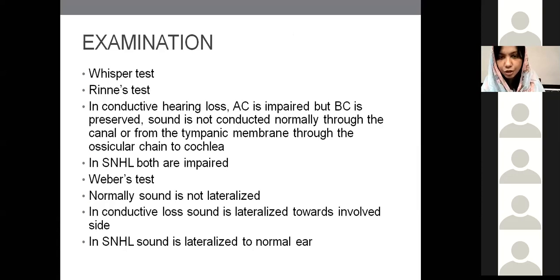Now examination. Examination में सबसे पहले आपका whisper test होता है. Whisper test क्या होता है? You have to just go near the patient and whisper simple words like the days, Sunday, Monday, Tuesday, or simple words जैसे आसमान है, ज़मीन है, इस तरह के words आपने बोले होते हैं, ठीक है? And ask the patient कि आपको क्या बोला गया है, right? You have to check one ear at a time and you have to exclude the other ear, ठीक है?